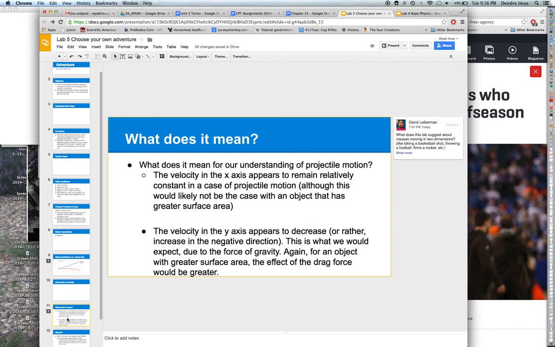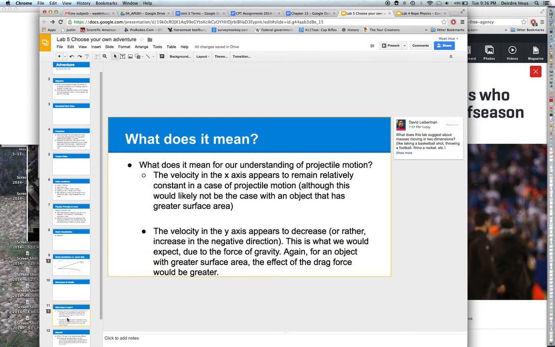So we want to know, what does this mean for our understanding of projectile motion, because that really is important. So we developed our own what does it mean question. It is important to understand the velocity in the x-axis appears to remain relatively constant in a case of projectile motion, although this would likely not be the case with an object that has greater surface area, like we saw in Lab 2,